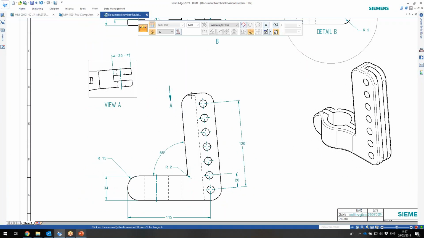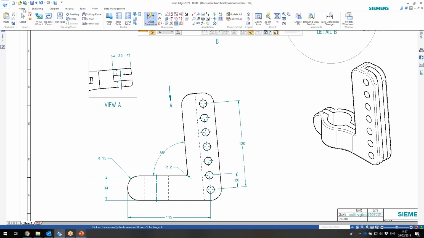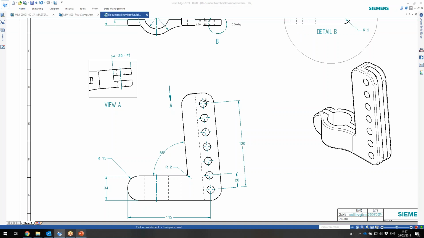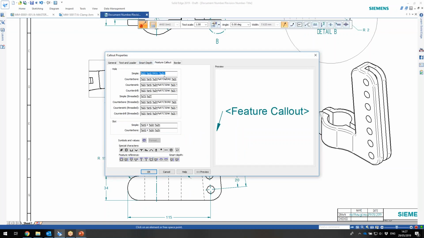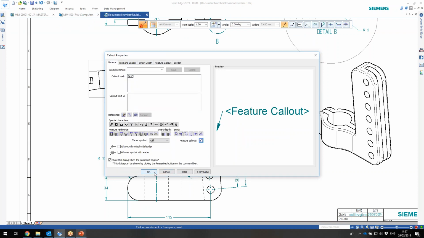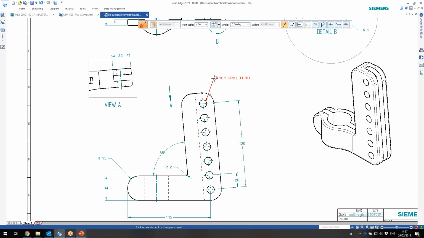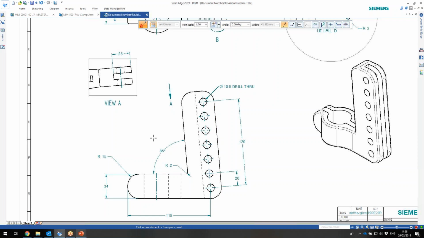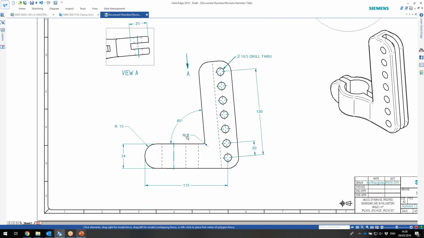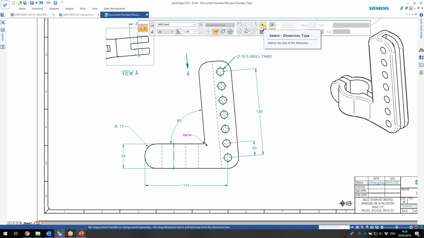Okay, now remember I talked about this hole here being an M10 size, or made for an M10 bolt. I'm going to call out the feature of that hole using the feature call out. So I'm going to go here, feature call out, okay, and you can see that now that has brought through the details from the 3D drawing. So it's a 10.5 drill right through the part, and I'm just going to add in here